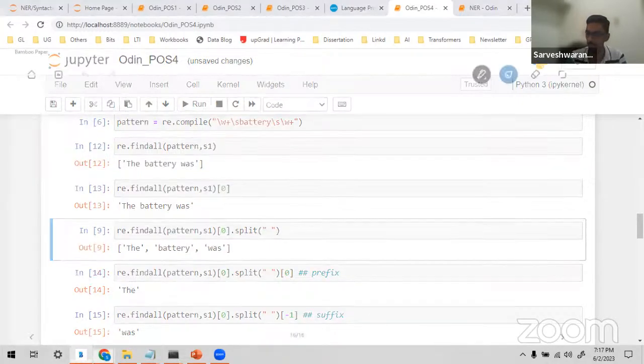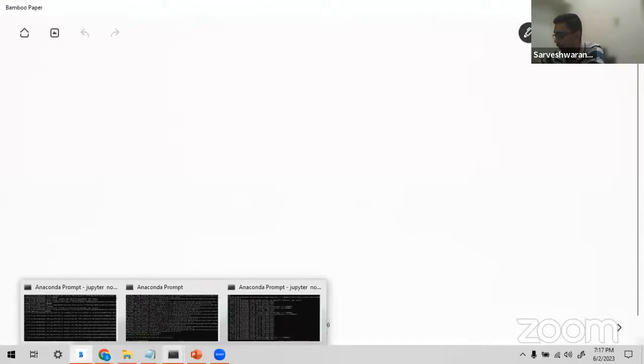So all these things are called meta sequences, right? So again you have a lot of meta sequences: small s, capital S, slash d, slash capital D, slash w, slash capital W, right?